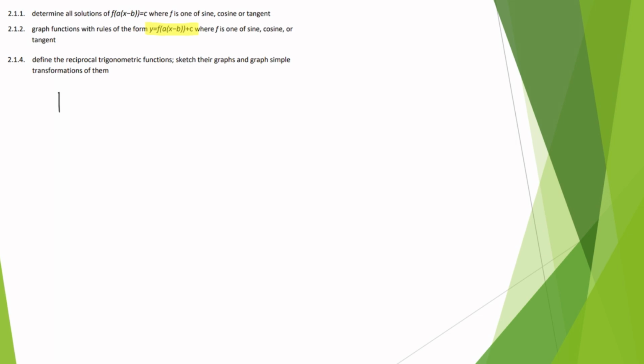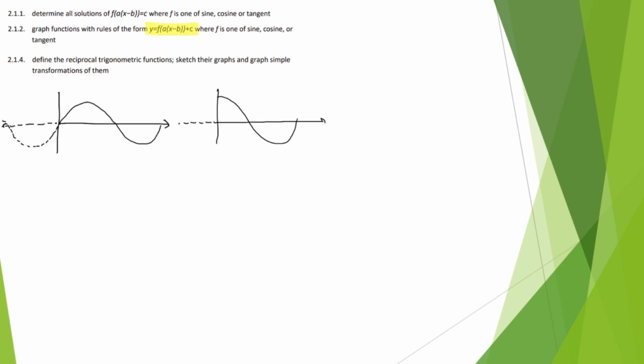So if I look at my sine graph like this, and I can extrapolate it back here, what a sine graph looks like is something like this. And it also extends back in this direction and goes on and on and on. If I look at a cosine graph, okay, it looks kind of like this. And that keeps going on and on and on. So one of the things that I notice here is if this is just a normal y equals sine x graph, and this is a normal y equals cos x,